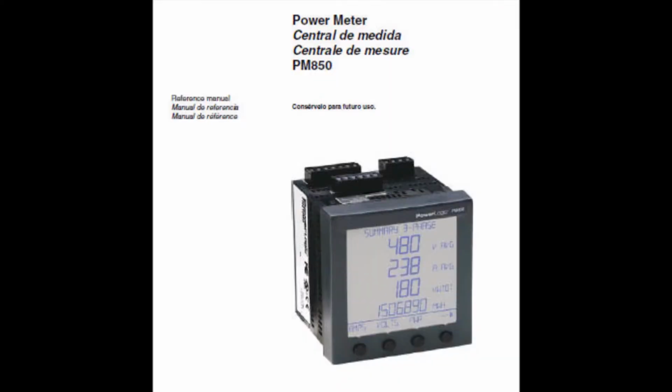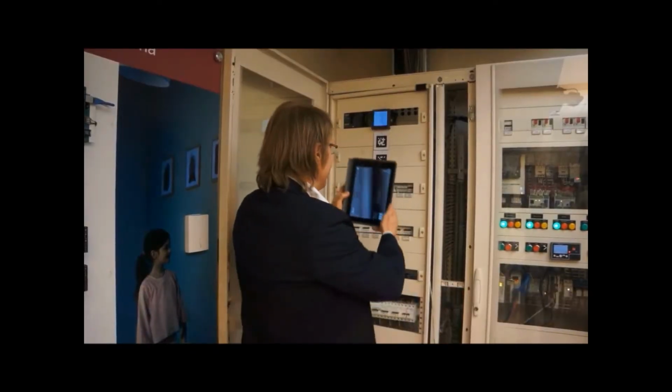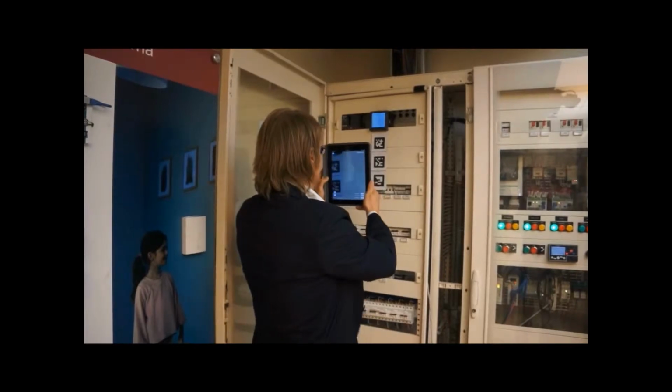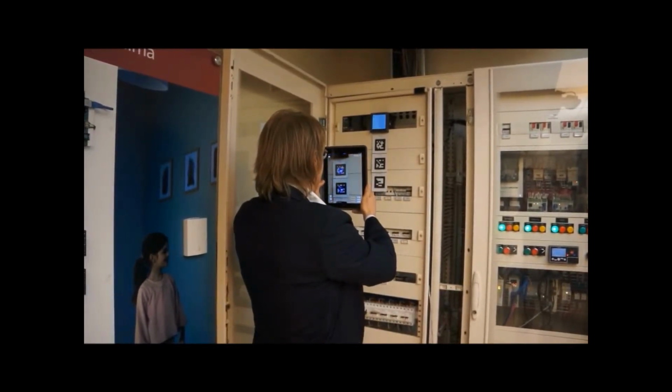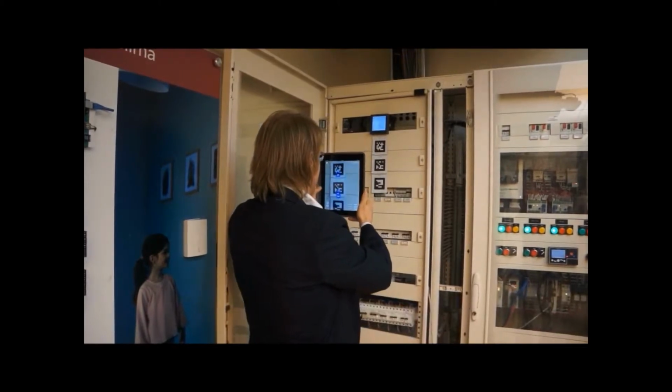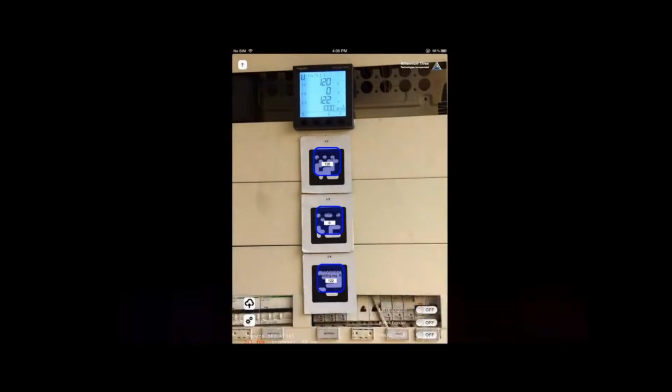Firstly, we connect to a Schneider Electric PM850 power meter. To demonstrate rapid deployment, we can use generic 16-bit holding register widgets and place one for each of the 3 voltage phases we are interested in. With the unit's IP address and internal addresses from the device documentation, we are able to instantly associate the voltages